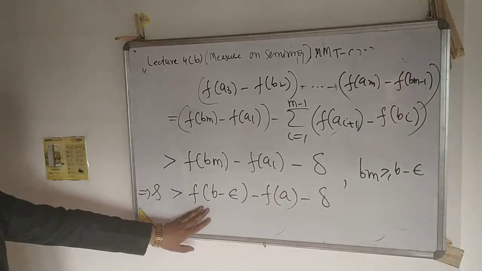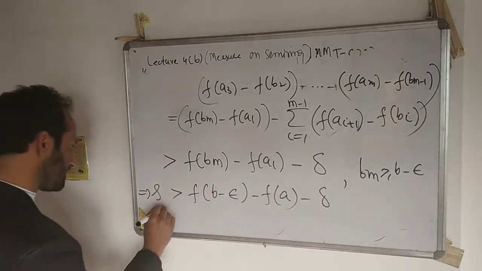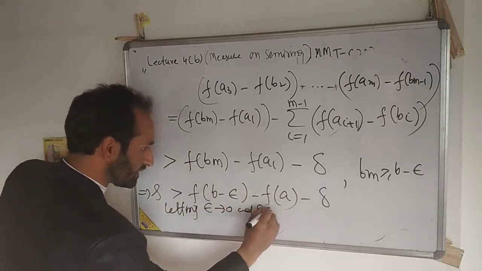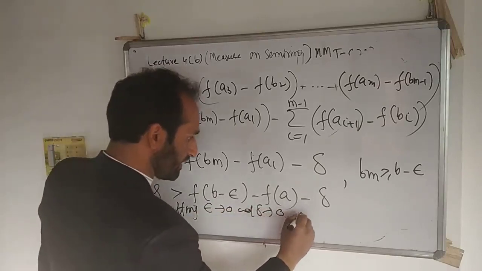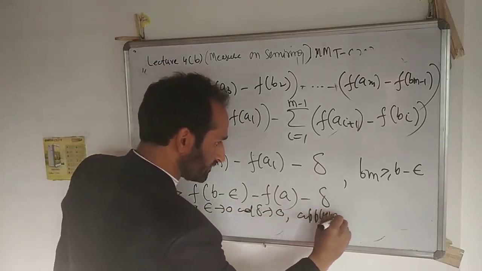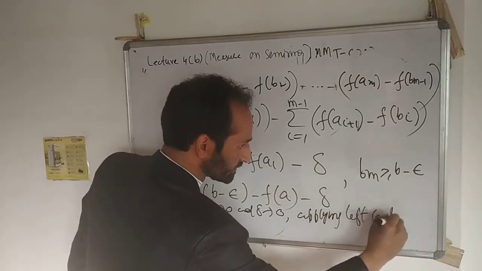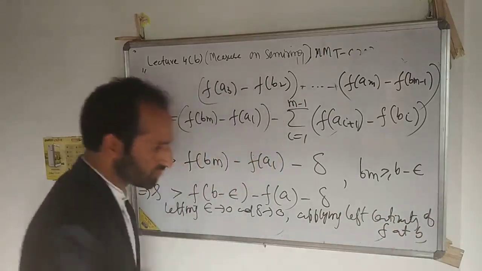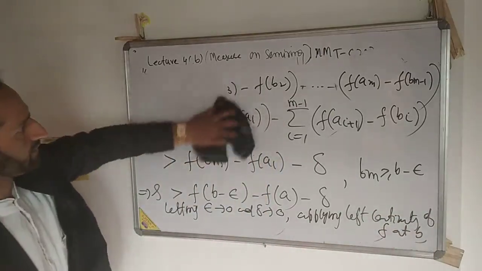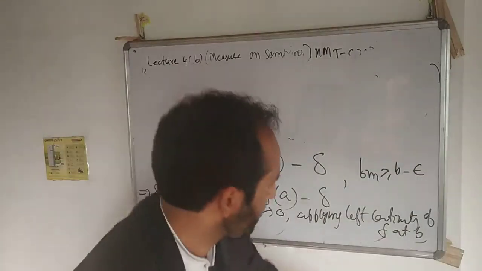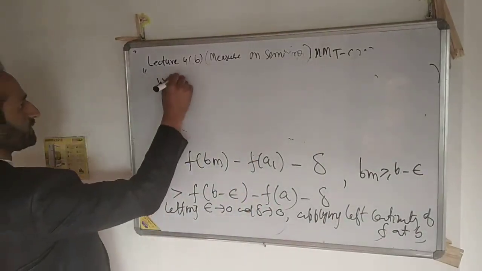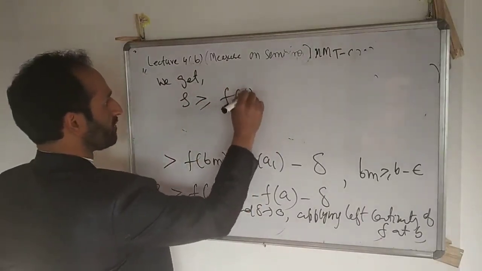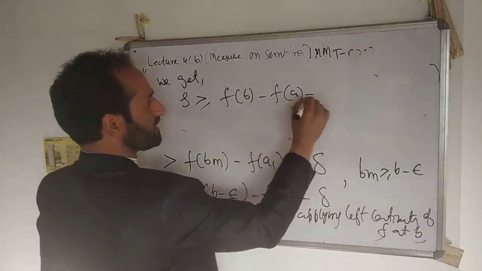Then we apply the left continuity of f at b. So letting epsilon approach 0 and delta approach 0, and applying left continuity of f at b, we get S is greater or equal to f of b minus f of a, and that's equal to what's